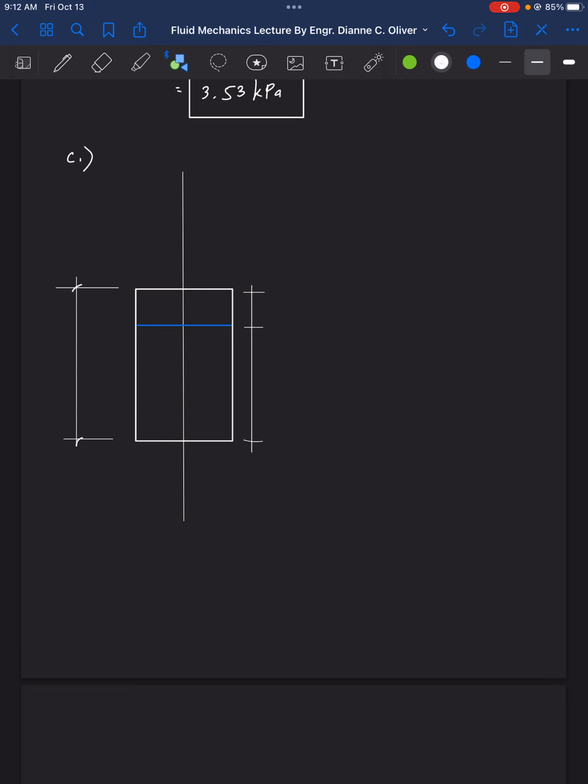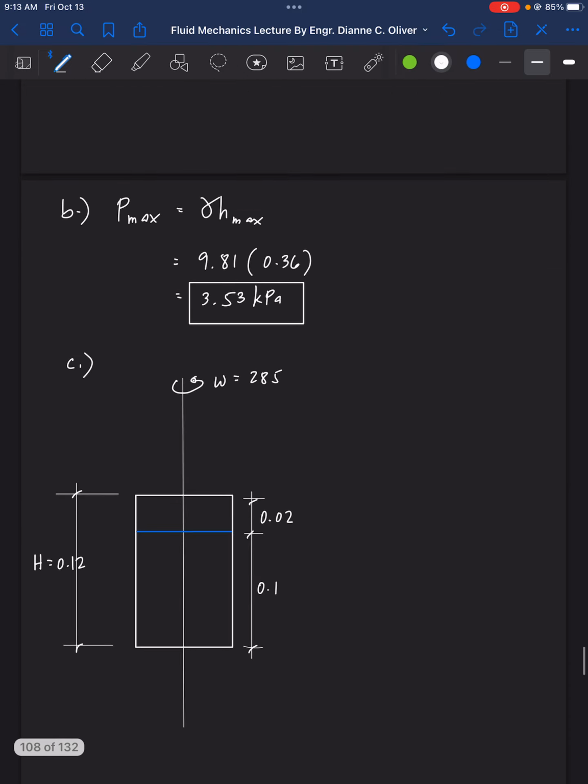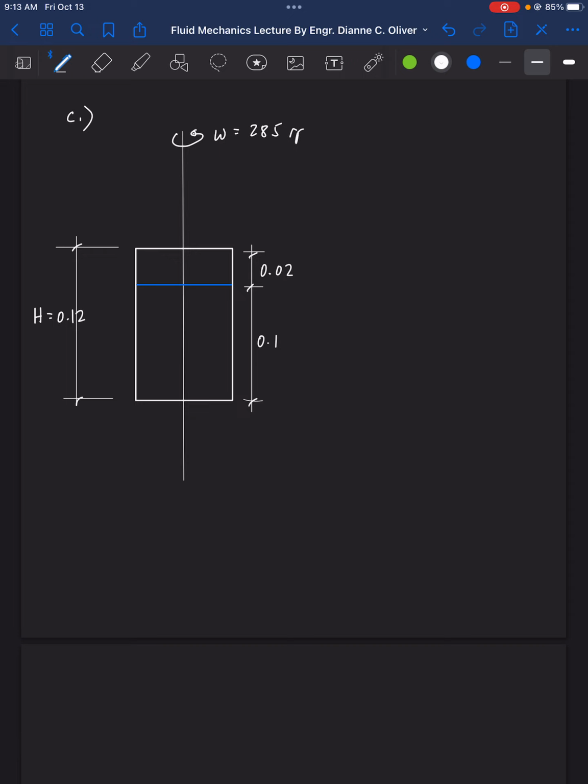This is our H. So H is equal to 0.12. This is our 0.02. This is our 0.1. And because of the rotation here of given omega, 285, was it 285? Yes, RPM. So 285 RPM. We will have